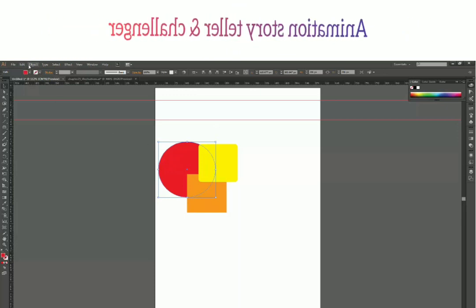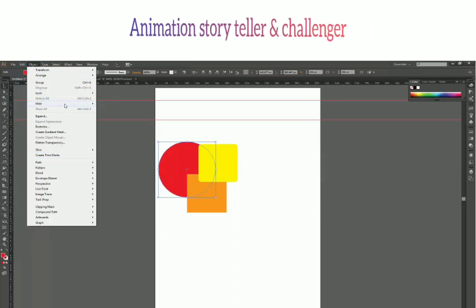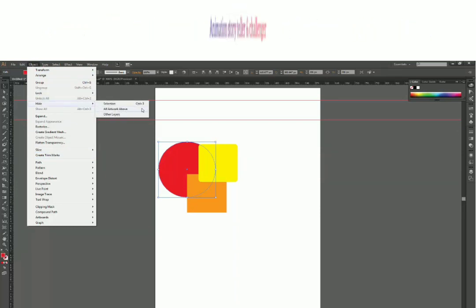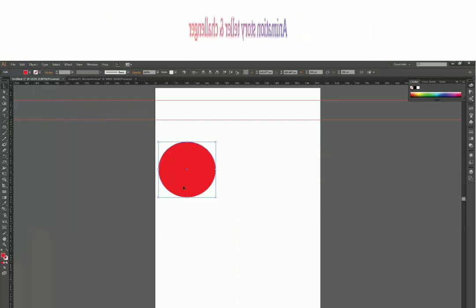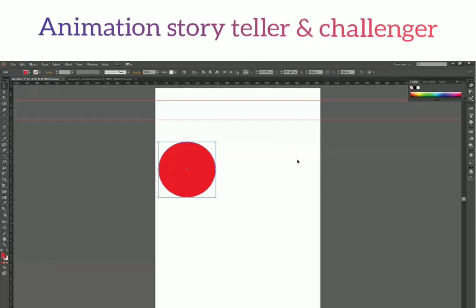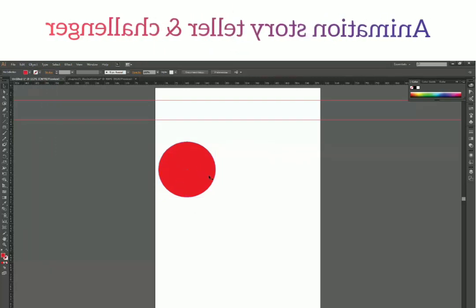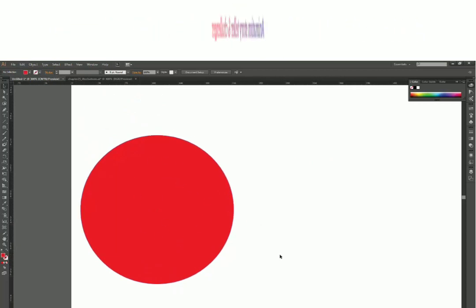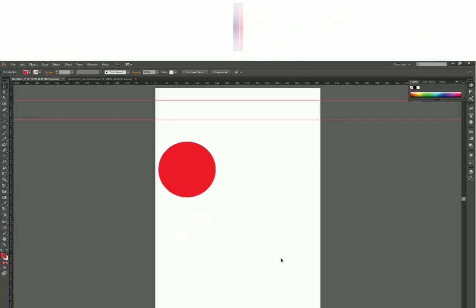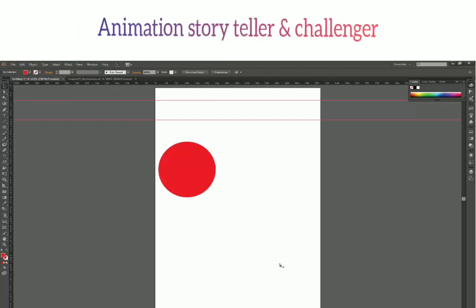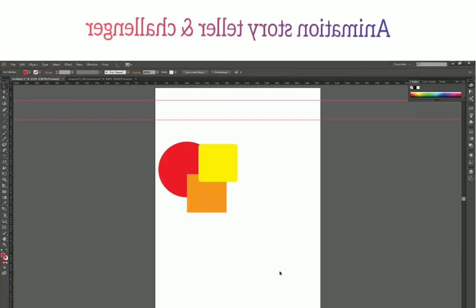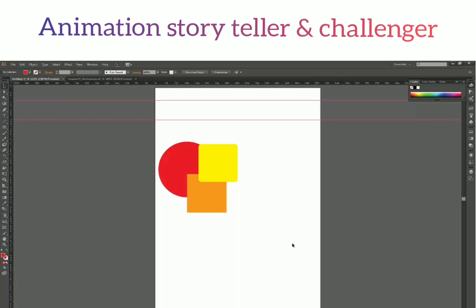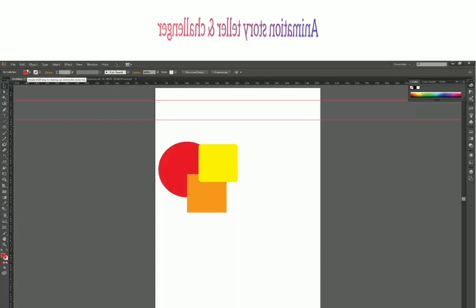So I can just use this option, go to object, hide and all artwork above, and it will hide all my artwork above this shape so that I can work in detail on this shape, and when I'm done working with that, I can press Ctrl Alt 3 again to show the rest of the shapes. Okay, so with that, let's see how we can lock and unlock the objects.